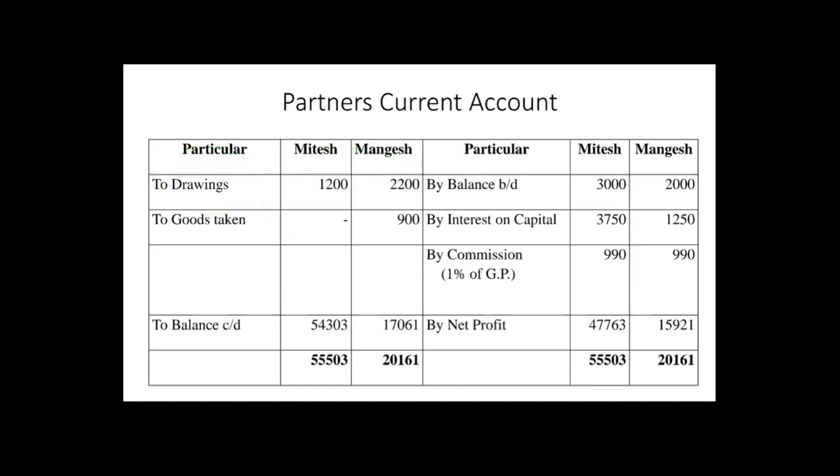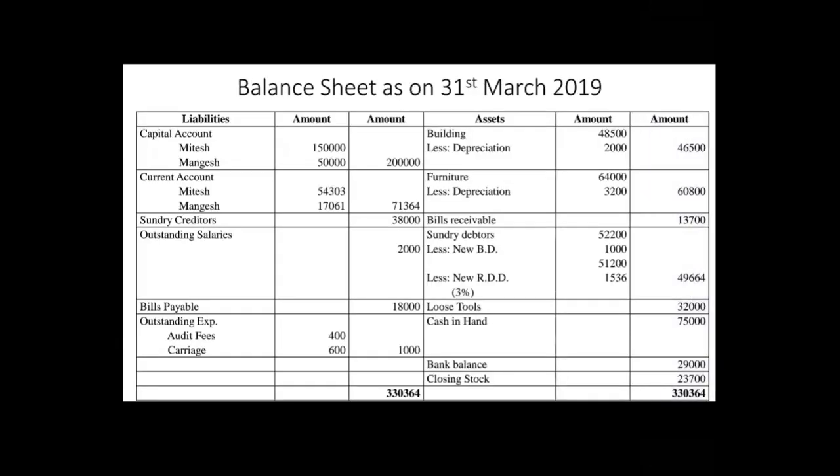Now the next is, so here we have done with the trial balance at debit side. Okay, now we will go and record the items which are there on the credit side of the trial balance. The very first item is sundry creditors. Now sundry creditors is a liability. A liability is recorded where? On the liability side of the balance sheet. So if you see over here, sundry creditor is 38,000. No adjustment is there. That's why the amount is directly recorded in the second column.